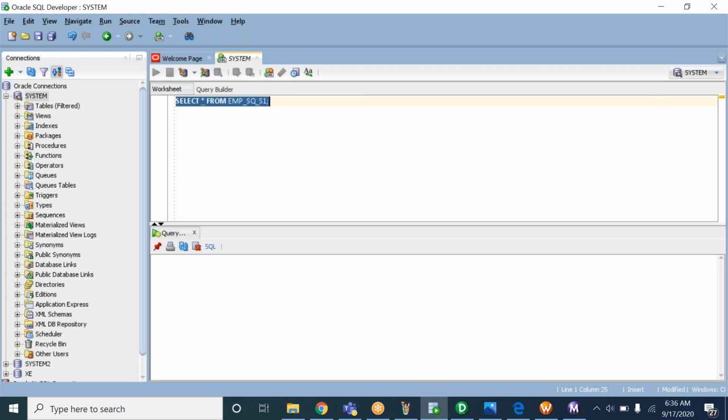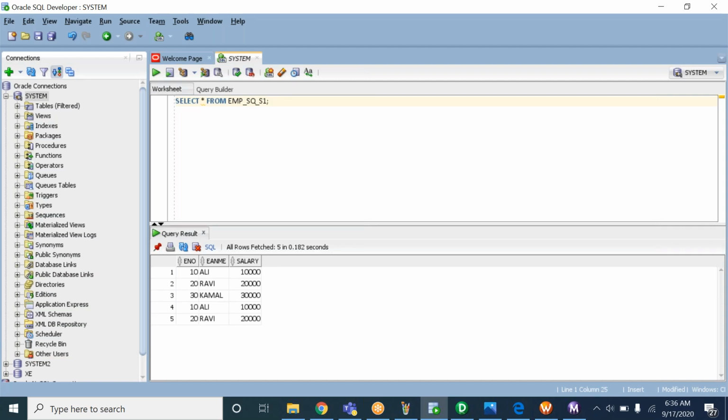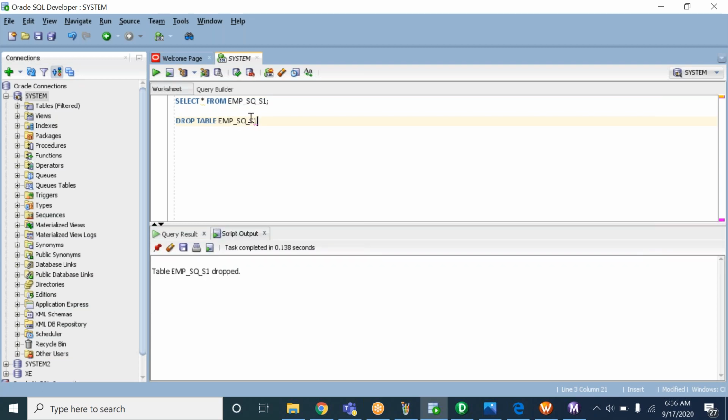empsq_s1. In my system, I have already created the table, but since many of you are new, let me drop this table and recreate it. I'll drop this table and again create source and target tables. Like this, you have to create a table.